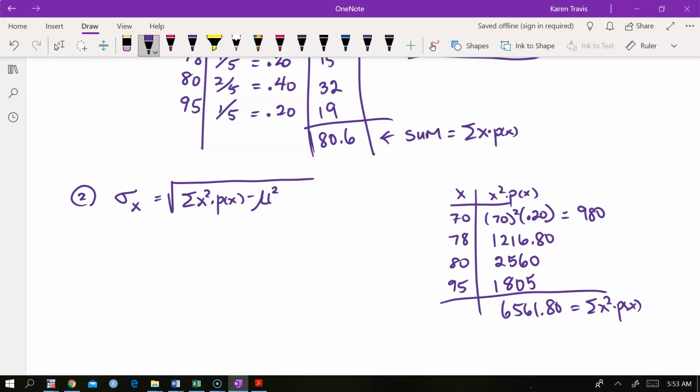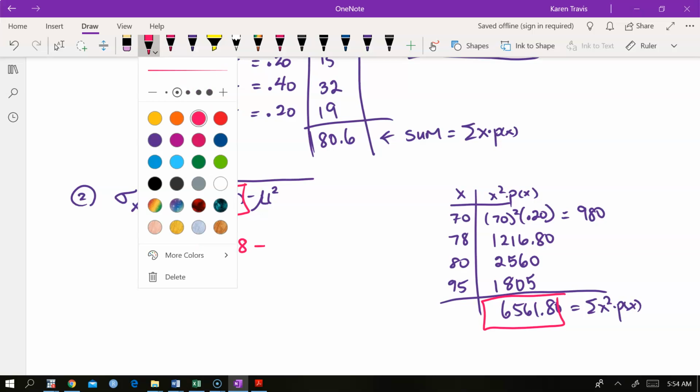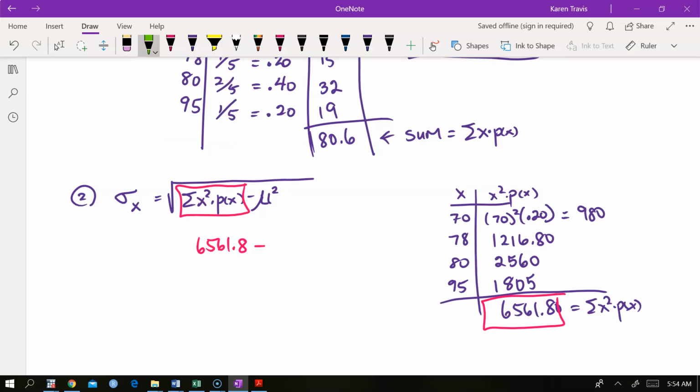So now I can plug that into my formula that this piece goes in right here, 6561.8, and then this piece is the mean. It gets squared, and then I square root the whole thing. And after the square root, what I'm going to get is